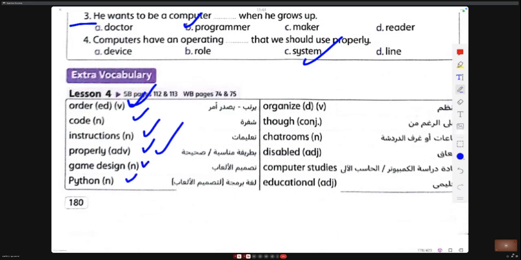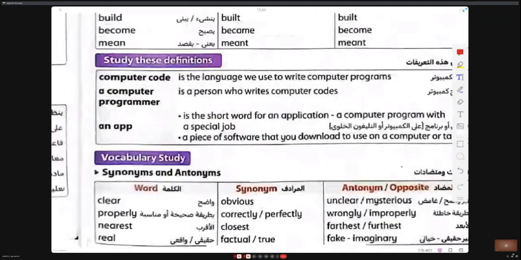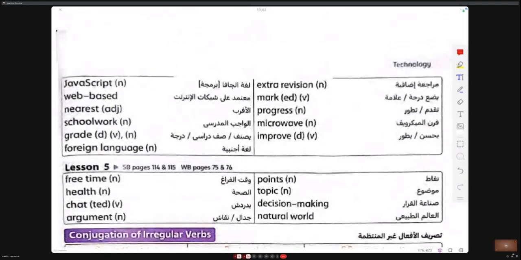Python. Organize. Though, even though, or although. We can use although. Classrooms. Disabled. The disabled means all disabled people. Computer studies. Educational. JavaScript.